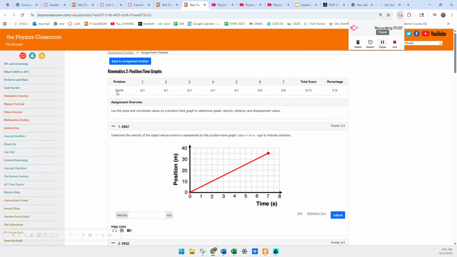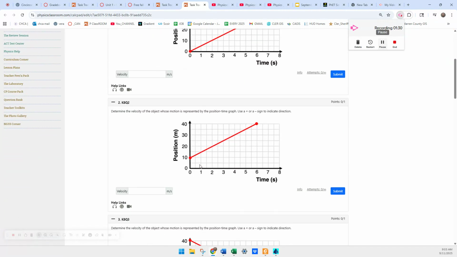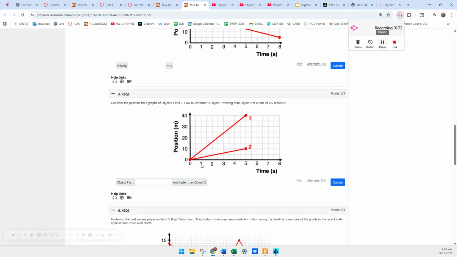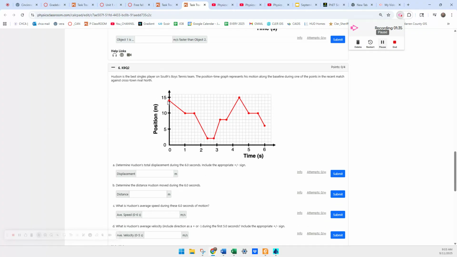All right, so we're looking here today at Kinematics 2 in The Physics Classroom. There's a couple of things that I've noticed a lot of folks struggling with. The first one that they seem to bump up against is this question right here. Make sure to remember when you're doing this